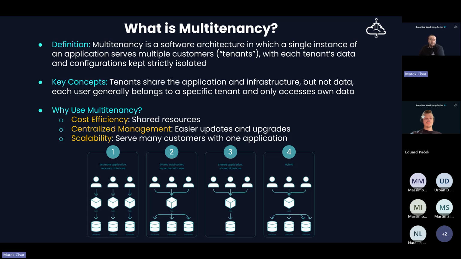The reason why multi-tenancy is so popular is that it allows multiple clients to share the same underlying platform, infrastructure, and application instance, to help companies reduce their costs, centralize the management of all the application infrastructure, and with the possibility to scale up to many other customers or companies without duplicating the resources.